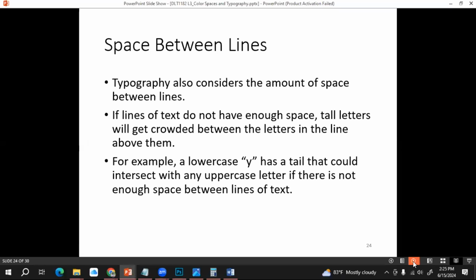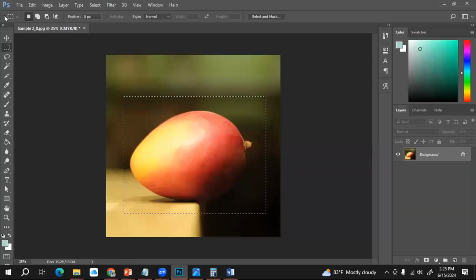Otherwise, sometimes these letters or characters overlap. I'll show an example using Photoshop. Let's say